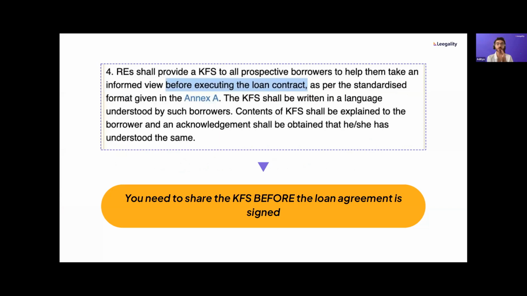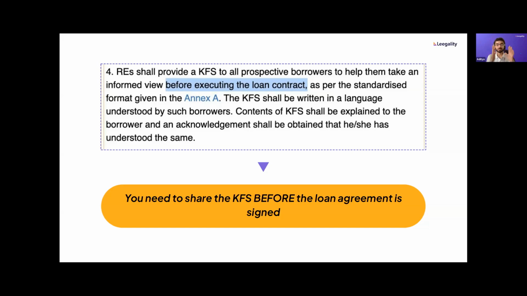Let's again zoom into what the RBI says. And it's quite clear. KFS must be shown as per the guidelines to the borrower before the loan agreement. So there's no two ways about this. The borrower must view the KFS and acknowledge the KFS before the loan agreement process is completed. If you have not implemented this yet, we would advise not pushing it, because the RBI may not have taken action on anyone today, but they are quite clear about the rationale and purpose behind KFS. They have actually passed these rules because previous ones have not been complied with by everyone. So if they see non-compliance, there might be heavy sanction given RBI statements so far.